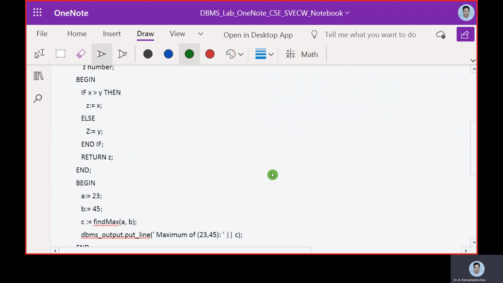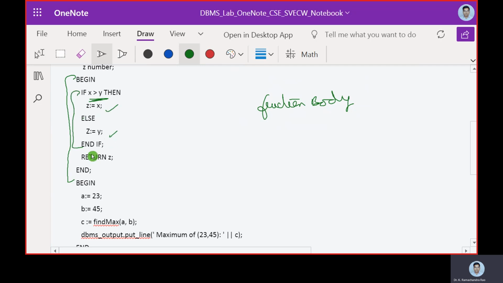Now, right from begin to end, this part we call it as function body. So in function body, we take two variables, whether it is greater, then we find it.